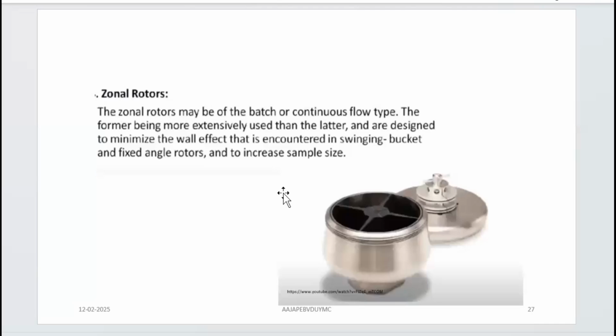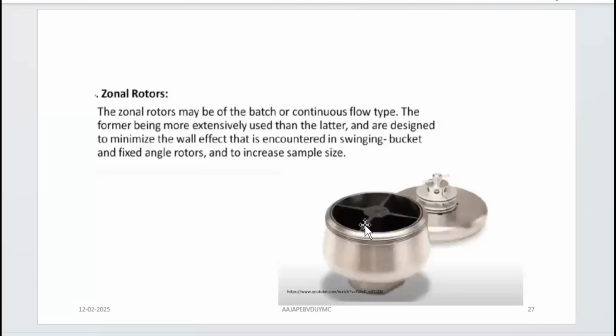And when you are talking about any of these batch type rotors, these are generally large cylindrical containers or hollow bowls. If you see the section of it, the entire circular area of the centrifuge inner body is divided into four quadrants, and each quadrant is going to act as a centrifuge tube. The section itself is going to hold the sample. So it is not as in the earlier case where you have multiple sockets and multiple tubes are placed. The circular area is divided into four quadrants, and each quadrant is going to work as a cell